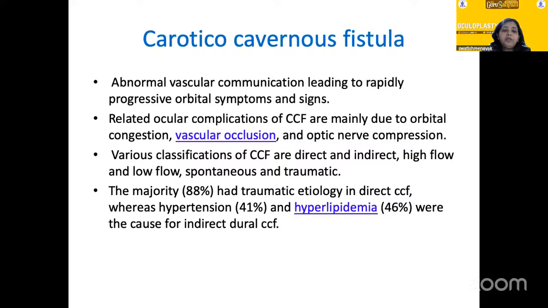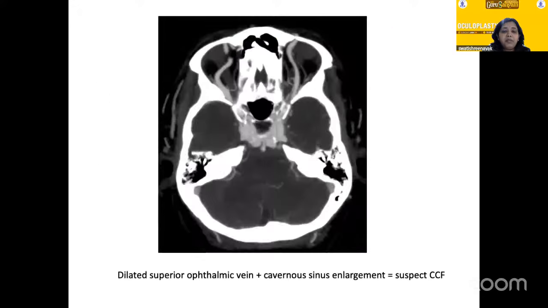So these are abnormal vascular communications and they lead to rapidly progressive orbital symptoms and signs. They have related ocular complications of CCF, that is because of vascular occlusion and optic nerve compression. It can be direct or indirect. So the majority of the direct CCF had traumatic etiology in 88% cases, whereas in indirect, it was because of hypertension and hyperlipidemia. So the classic findings are a dilated superior ophthalmic vein and a cavernous sinus enlargement